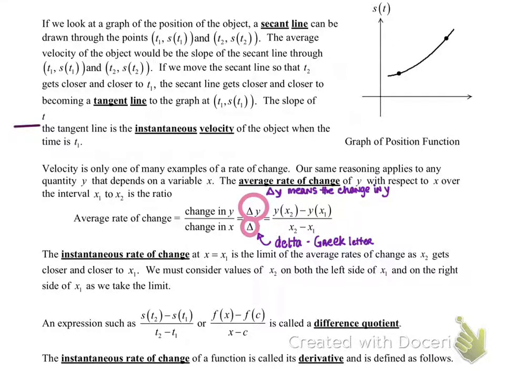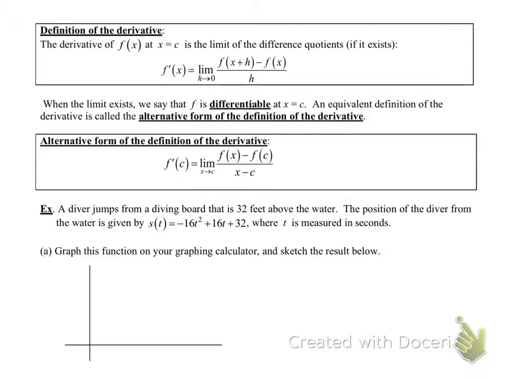Okay, so the instantaneous... So we have to take our limits on the left and our limits on the right. And our algebra slope is now called the difference quotient. The instantaneous rate of change of a function is called its derivative and is defined as follows. So the definition of a derivative is the limit of the difference quotients of,